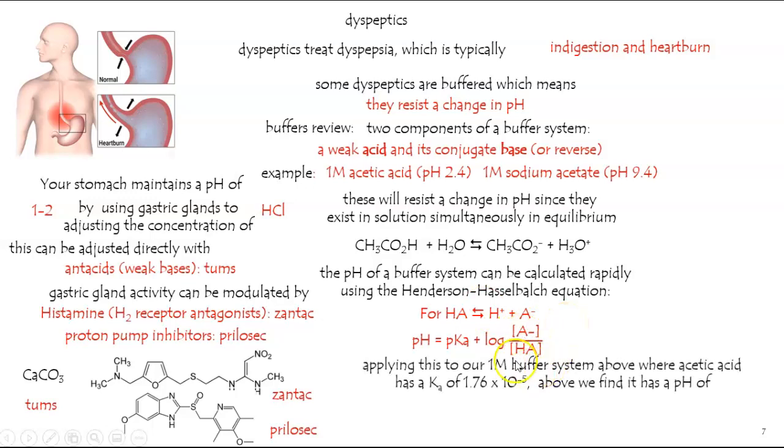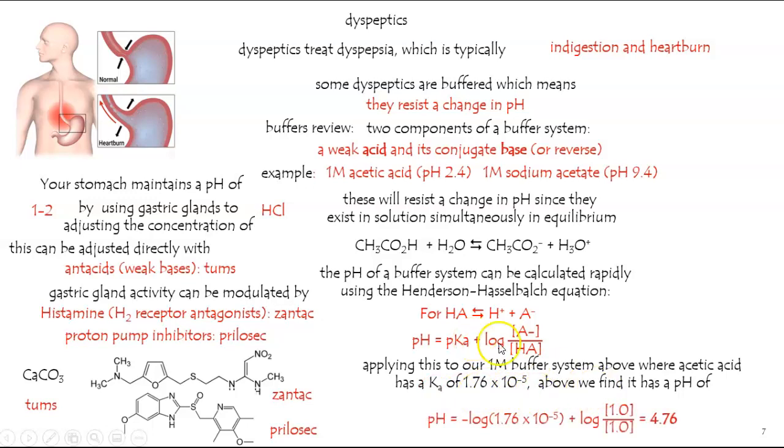Let's apply this to our 1 molar buffer system here. It's 1 molar in acetic acid. It's also got 1 mole per liter of sodium acetate. What will its pH be? Let's just plug in directly. There's the Ka, which is, by the way, that's where I got the 1 part in 10,000 roughly from. It's a very low number. All the weak acids are. And pKa means take the negative log of that, which will be